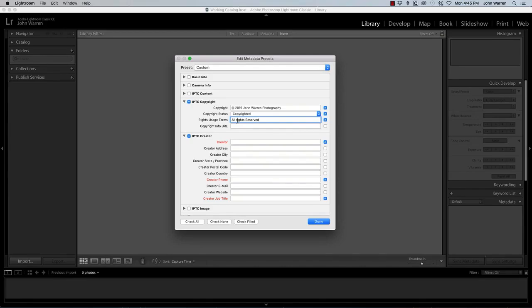Let's go back and put this in properly. All rights reserved under international. If you happen to have a website and you happen to have a dedicated web page for your particular copyright issues, then I would strongly suggest you put that in. Otherwise, all rights reserved under